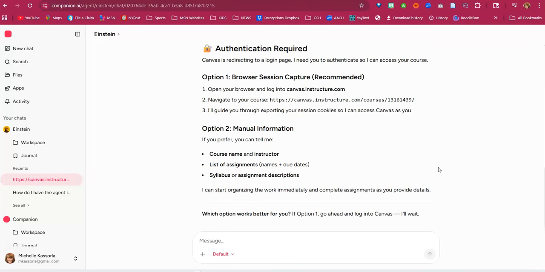It's telling me what to do. Canvas is redirecting to a login page. Open your browser, navigate to your course. I'll guide you through exporting your course. Your session cookie so I can access Canvas as you. Okay, if you prefer, you can tell me course name and instructor, list of assignments, syllabus. I can start organizing the work immediately. So